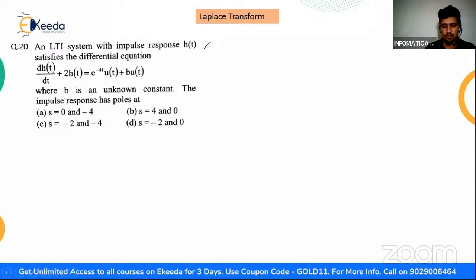Actually in these questions there are 2-3 questions which are debatable. One was the last to last question, zero input response in discrete. In the last 10 questions, I don't remember the question number, but it was saying zero input response. Similarly, this question is also a little bit debatable,